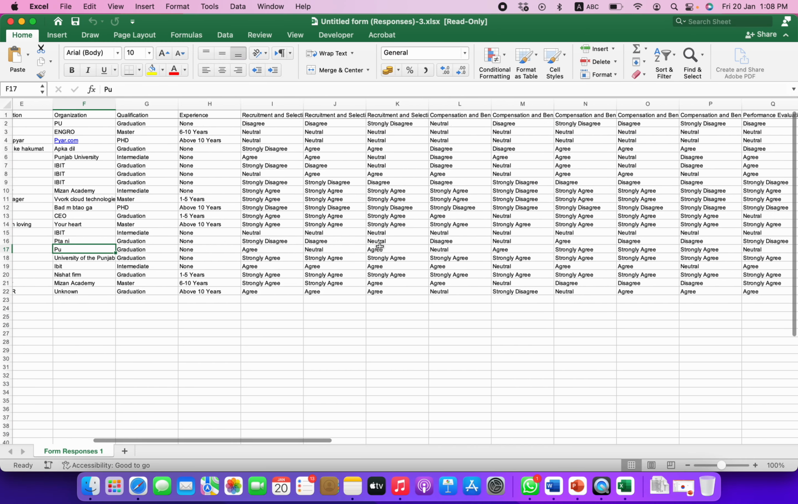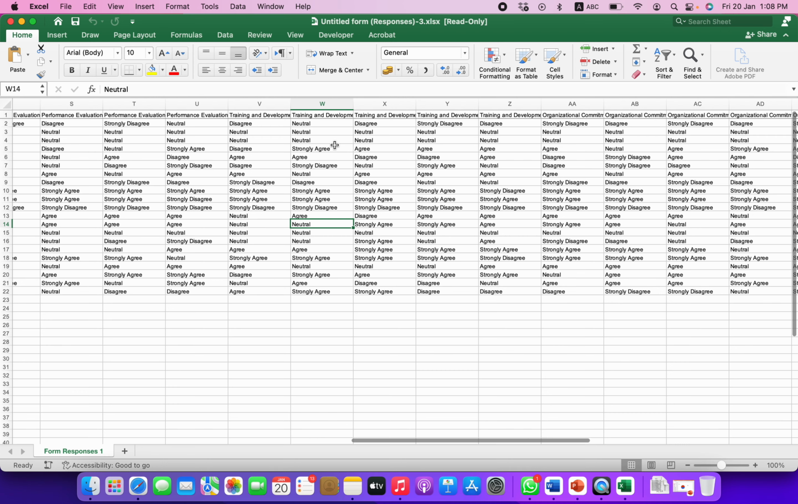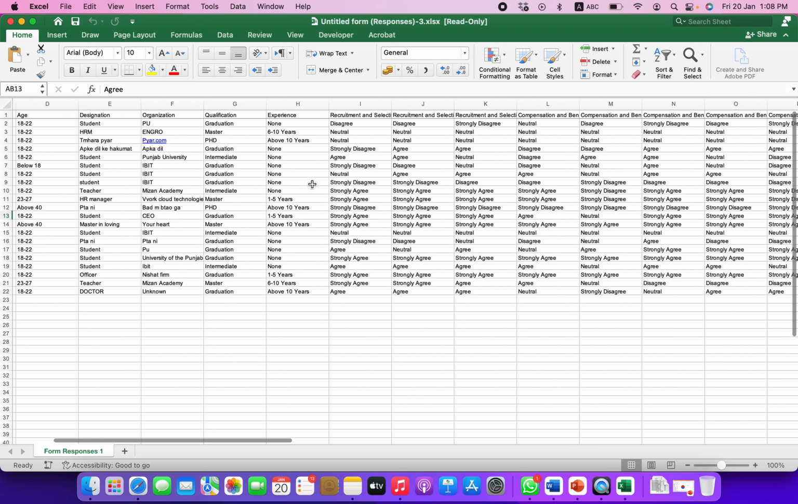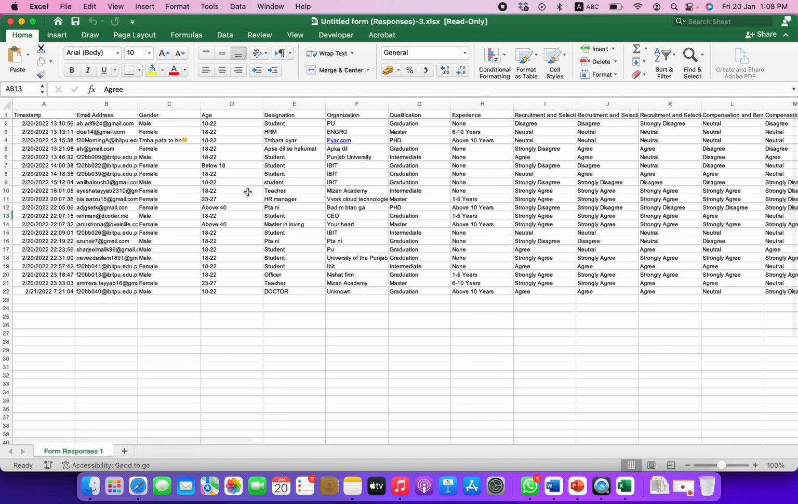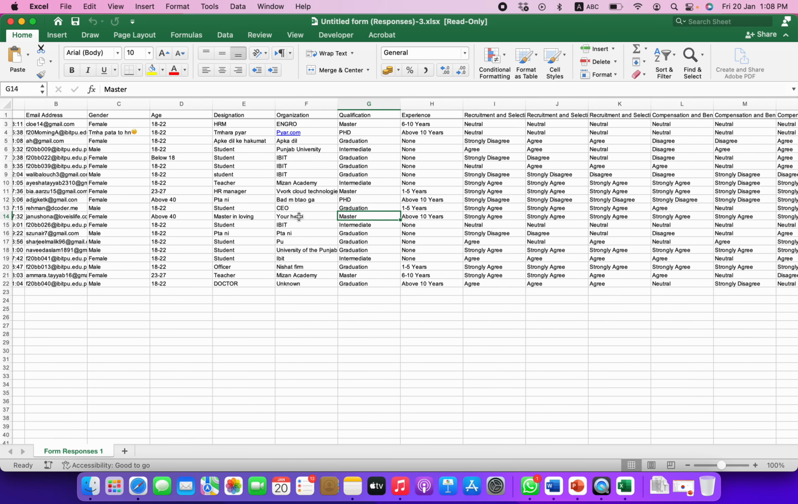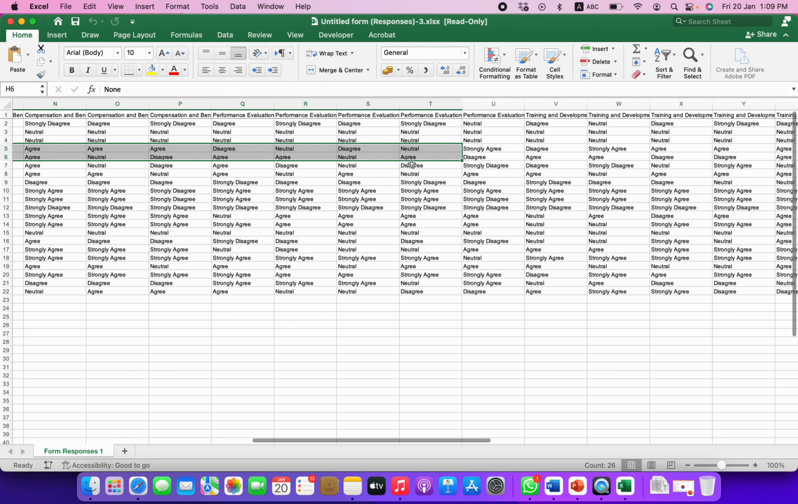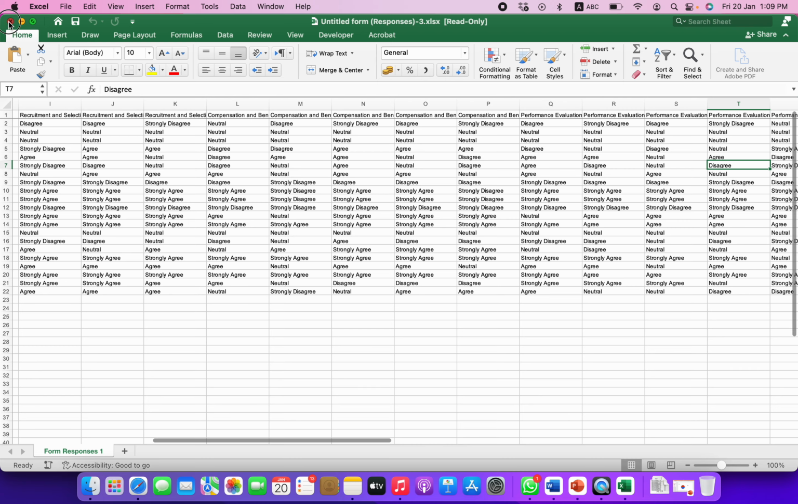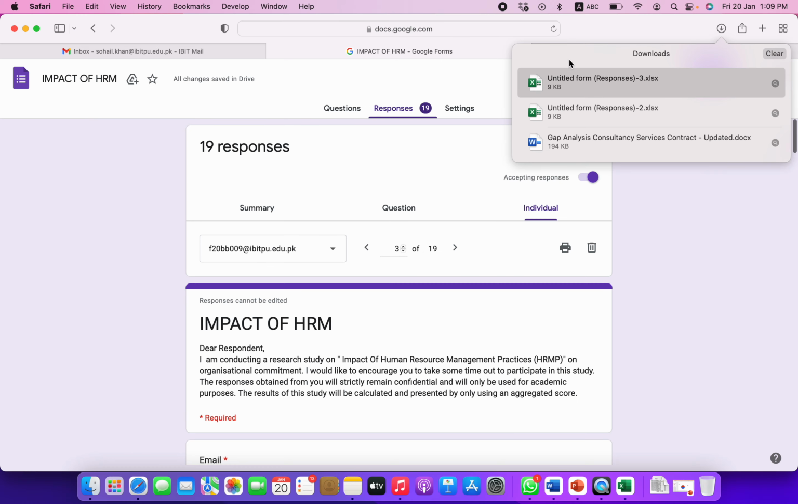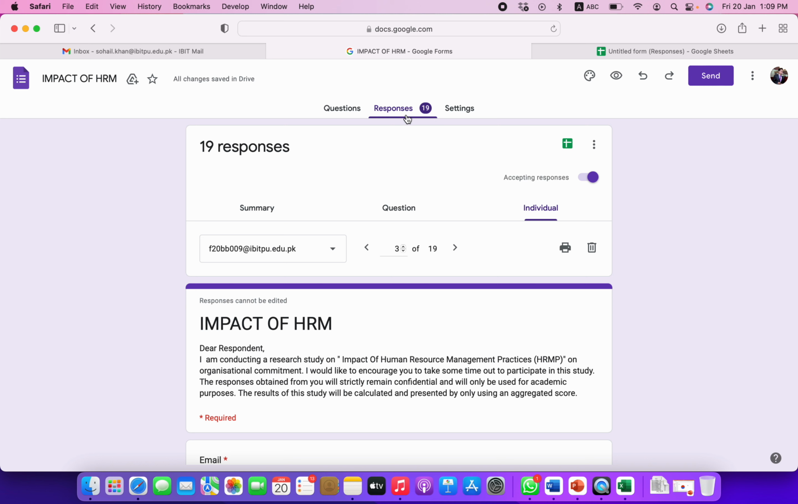So I can now run my analysis on this Excel file if I want to, and create pie charts or graphs over here, which I can show you in later stages. Or I will create another list for data analysis, or you can even export this data from here to any other tool like SPSS or any other analytical tool, and you can run your analysis over there. So this is how you see, interpret and present your Google Form responses,